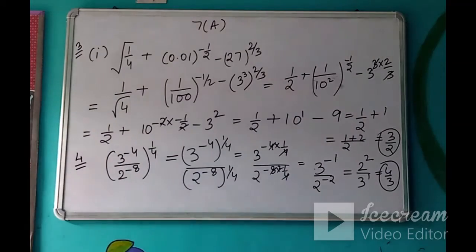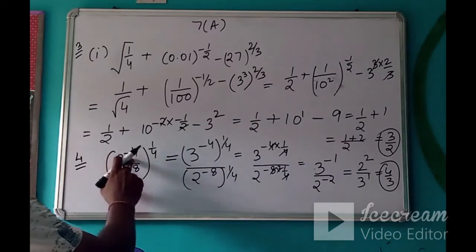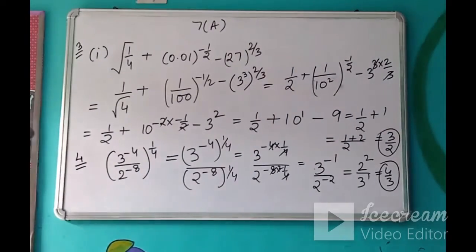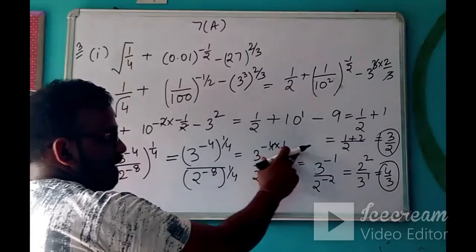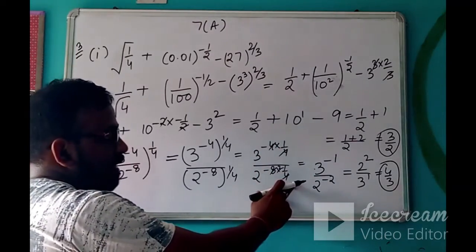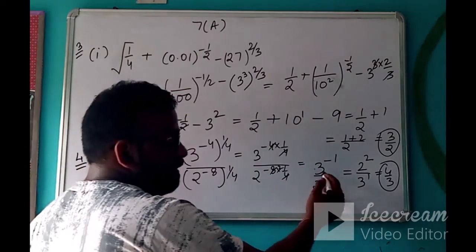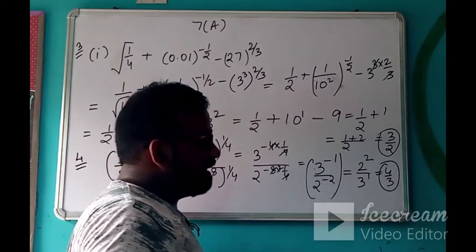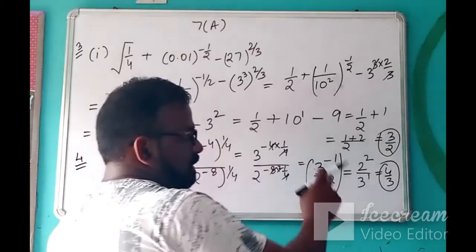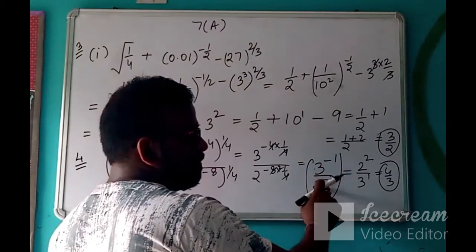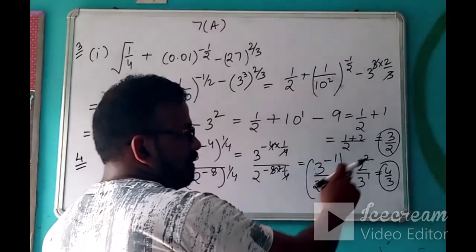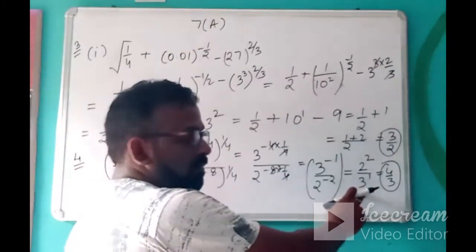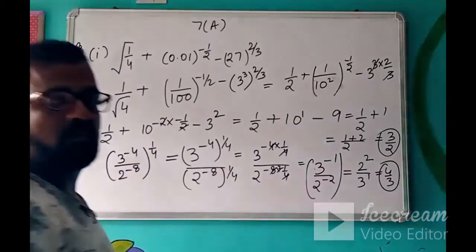Okay, so first we will separate like this. Okay, then after separating we will multiply the powers. After you multiply the powers you will get the answer in this form, but we have to express it in positive index. So you just take the reciprocal of these numbers. So 2 square will come here, 3 to the power minus 1 becomes 3 to the power 1. So you will get answer as 4 by 3.